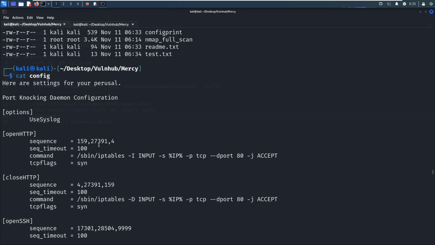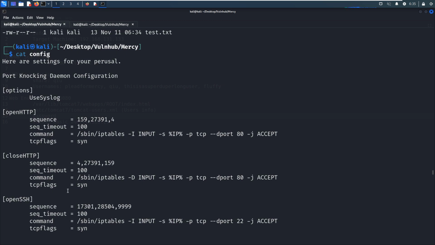The Nmap scanning told us the SSH service is filtered, and also the port number 80 is filtered as well because of this port knocking. So in order to let them open, we need to do the port knocking, okay? And this should be, I think this one is for the 80.